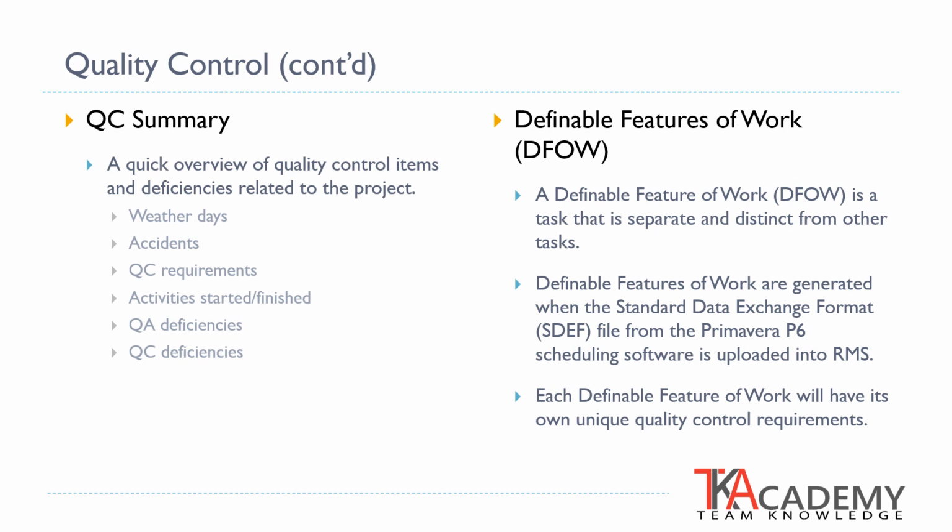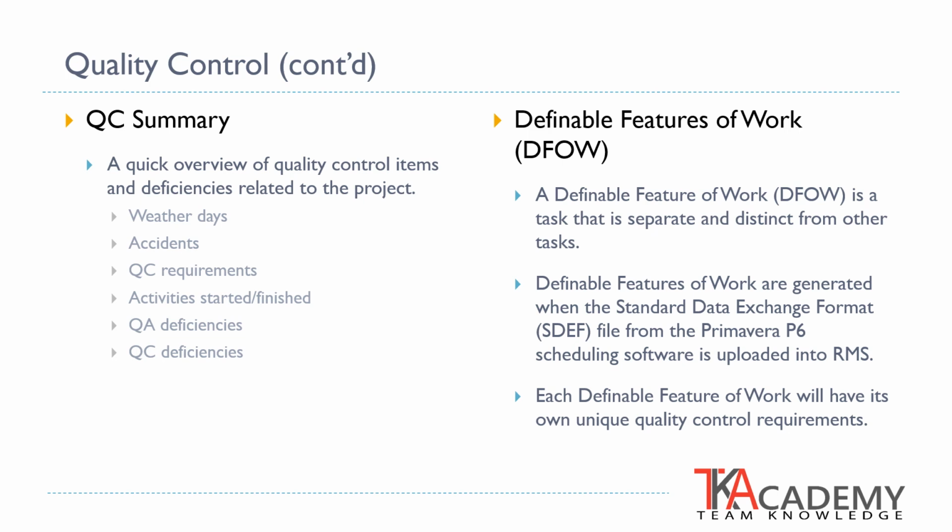Next within the Quality Control tab is the Features of Work. A definable feature of work is a task that is separate and distinct from other tasks. They are often identified as different subcontractors, trades, and work crews. Definable features of work are very similar to a work breakdown structure, or WBS, which is a more common term